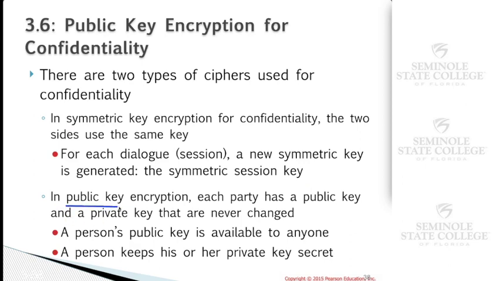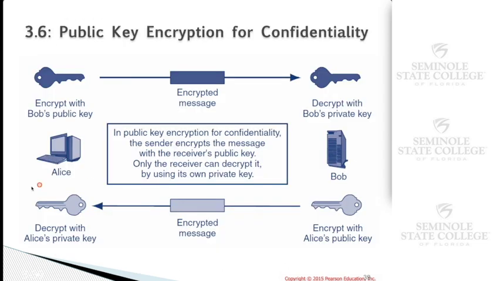In a public key encryption method, it's also called asymmetric. Each party has a public key and a private key. So you have a public key and a private key. The receiver has a public key and a private key, right? Private key is never shared. It's only the public key. Now, here's the part that you got to remember, and I'm going to show that within the next diagram, is that I have to use my private key to create something that can be opened with my public key. Okay, so